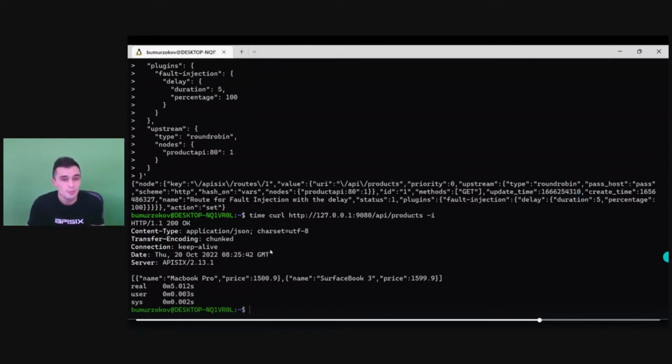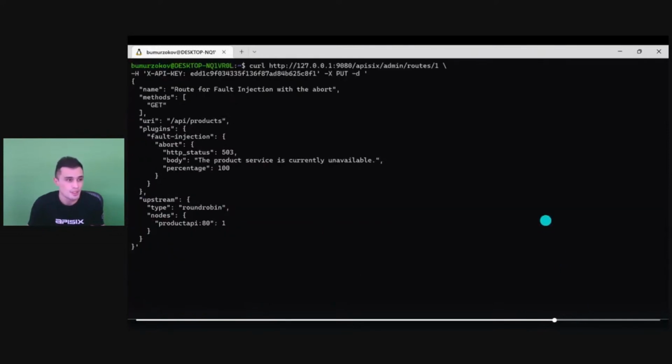Next, let me try to enable aborting HTTP requests with some kind of custom errors. In this second example, as you can see, I'm changing the fault injection plugin configuration. In this case, not a delay, but I'm using abort. What does it mean? We are saying every request,